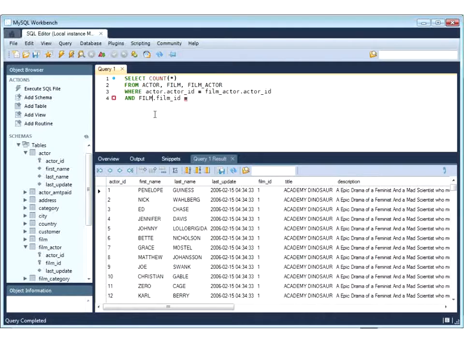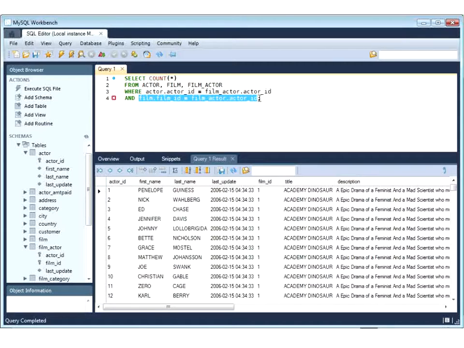It's really case insensitive, it doesn't care, but I'm just OCD like that. So when I jump through this intermediary table, where actor ID equals film actor dot actor ID, and where film ID equals film actor dot,